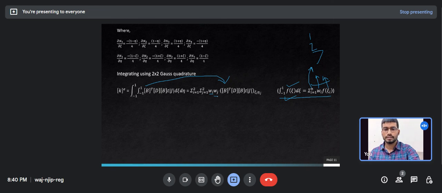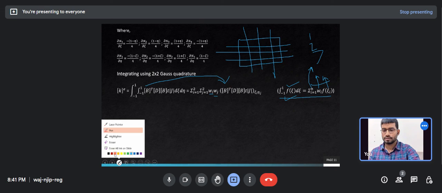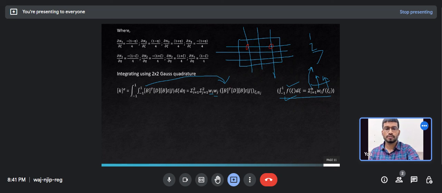Where wi and wj are the weight functions. And here I have used 2 by 2 Gauss quadrature. So two lines along the eta, two lines along the zeta, right? So the intersections will give you the 4 points. So to evaluate these double integrations, we have to do the summations, or we have to find the summations at these 4 integration points. We have to find the value at these 4 integration points, and the summation will give you the stiffness